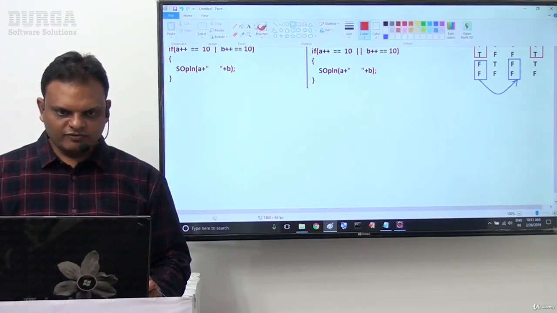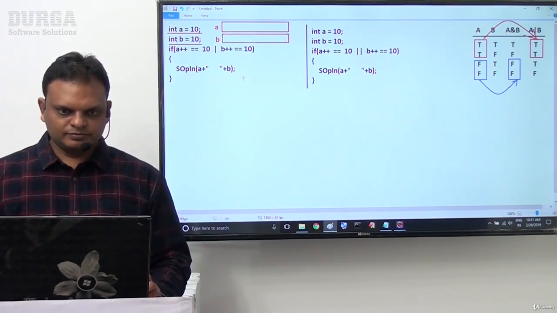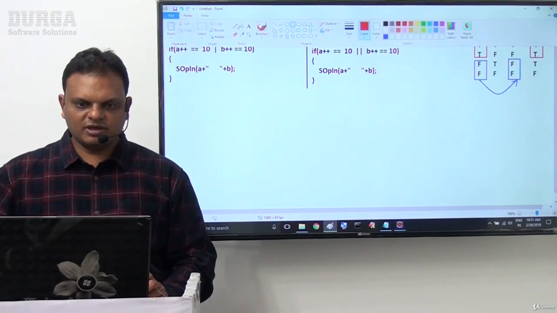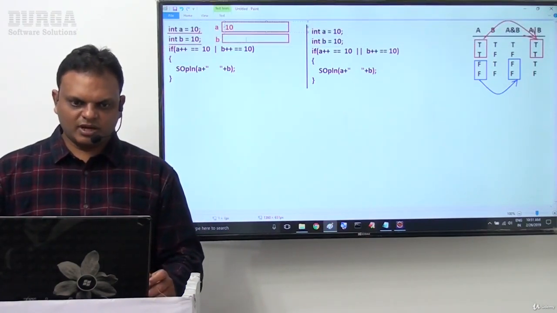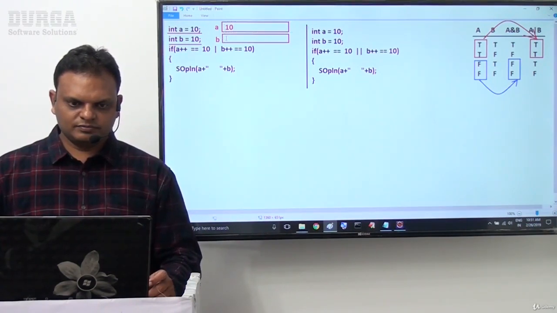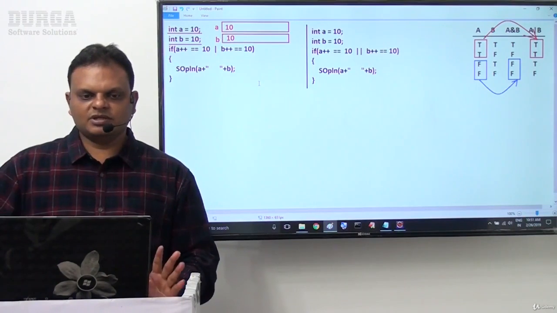Next one, 4 bytes of memory for the b variable. Values are which one here now? The a value and b value, both are which one? 10 and 10, initial values now.